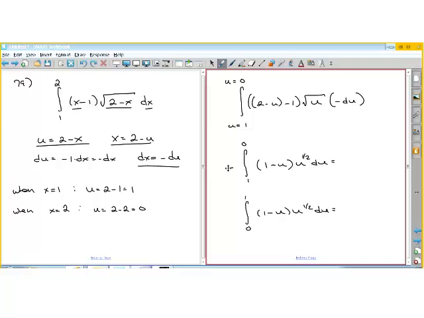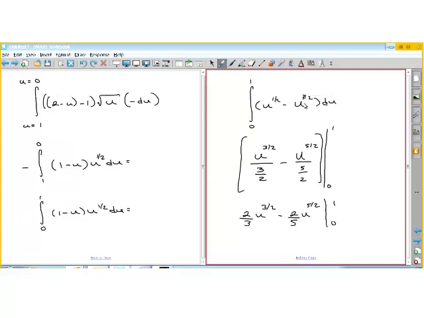I changed the order of the limits from 1 to 2 to 1 to 0, from 0 to 1. Then I changed that to a fractional exponent, multiplied it out so that I get 2 polynomials. I integrated those, added 1 to the exponent, divided by the new exponent. Plugged in 1. Ultimately, I took the reciprocal of these, so dividing by 3/2 is the same as multiplying